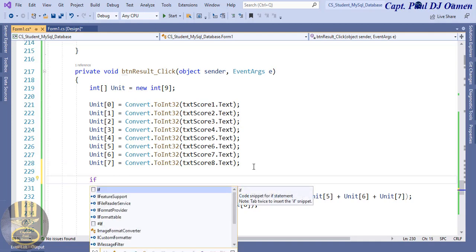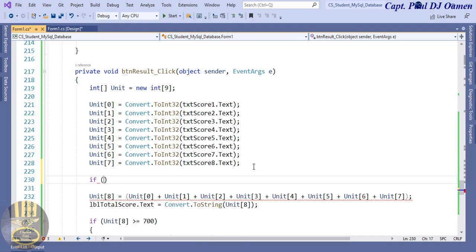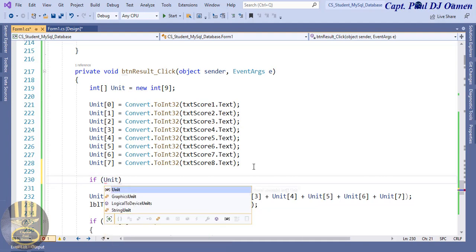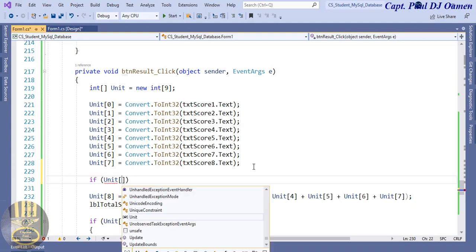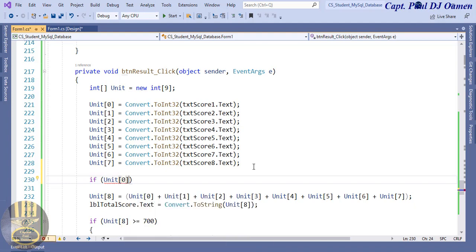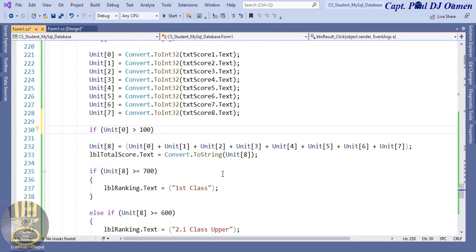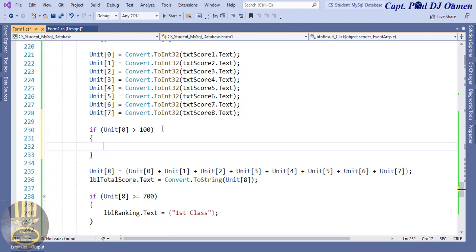If unit 0 is greater than 100, all I want is for the text box to get cleared. Come right down here, let's say text box